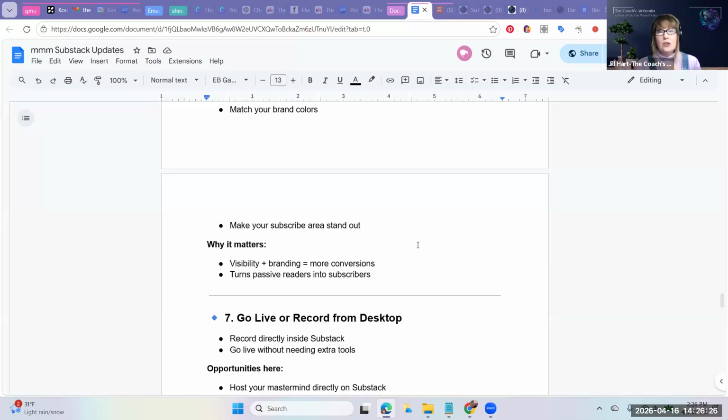So if somebody comes to your publication and they're already a free subscriber, that banner will post about becoming a paid subscriber, the benefits of upgrading to paid. If they're a paid subscriber, it'll talk about the benefits of upgrading to founding. And if they're a founding member, it'll talk about the benefits of sharing this message with others.